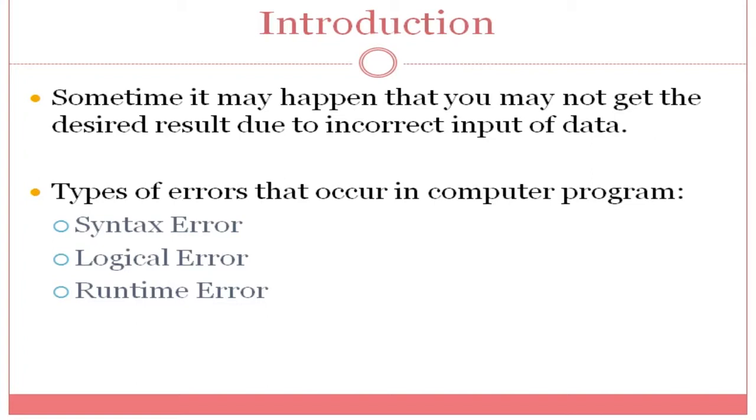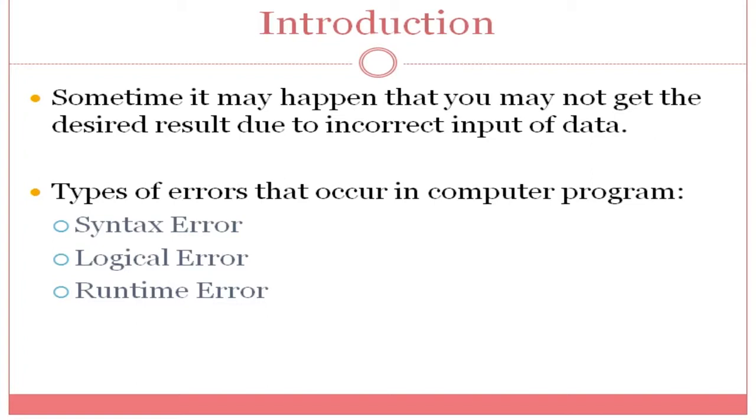Generally, errors are categorized into types. One is compile time error and second is runtime error. The first one is syntax error, which comes under compile time error. While compiling the program itself, it identifies the statements which have some syntax problem, so it comes under syntax errors, and it will highlight it so you can correct it. The second type is runtime error, where you will not get any syntax errors. It directly executes the program.